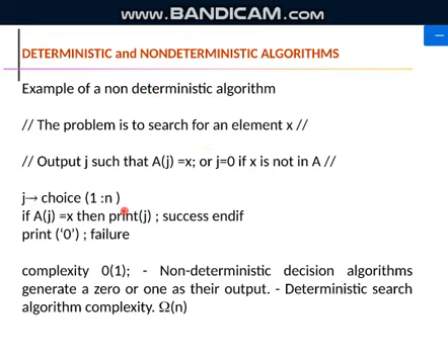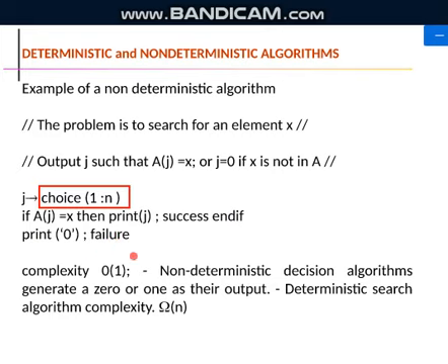So for an example, here we have considered the searching algorithm. If you consider the searching algorithm, we have taken one small function, choice. We are assuming that the choice will give us the answer. We have not defined how the choice works. We just know that in one shot the choice will give you the answer, that means it will give you the position of the key. Then we are just checking whether A of j is equal to that key element.